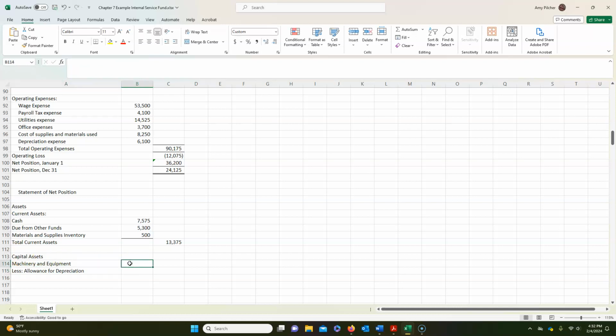If we looked above, we would see that our machinery and equipment balance is $53,600, and then we would take the total accumulated depreciation plus the $6,100 that we added this period from the trial balance. This gives us total capital assets of $17,400, and then we have total assets